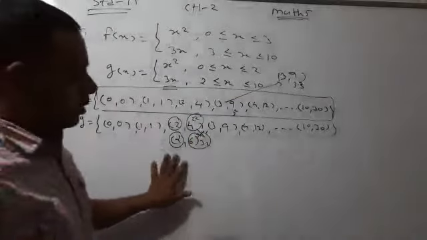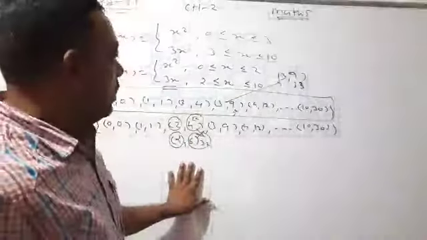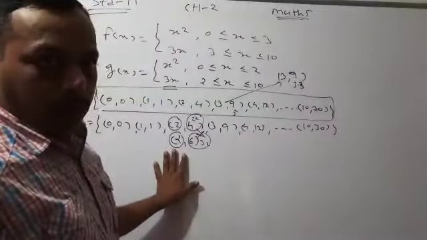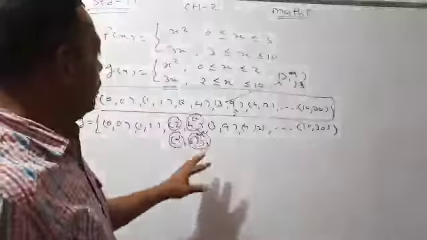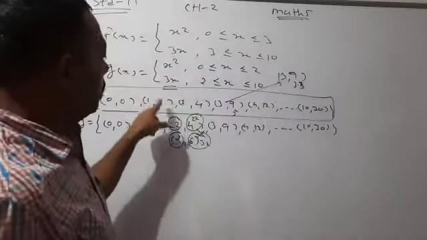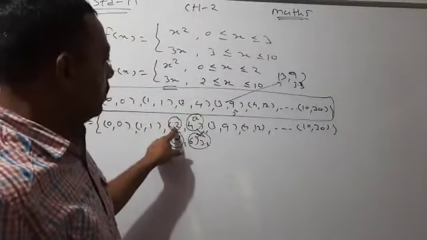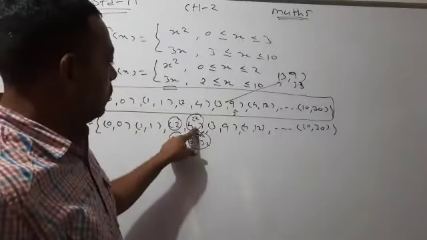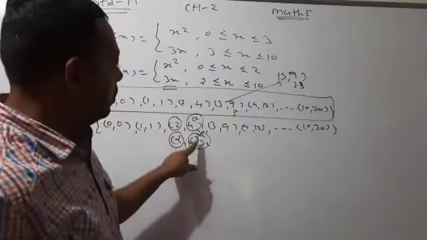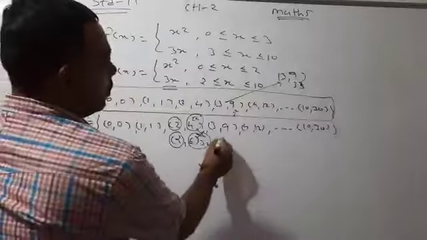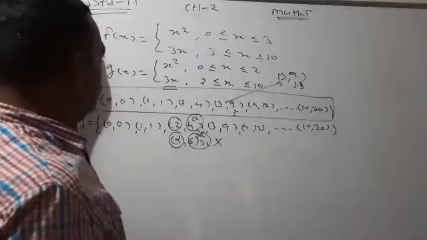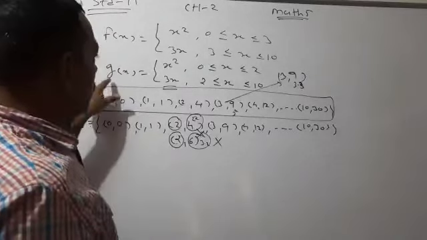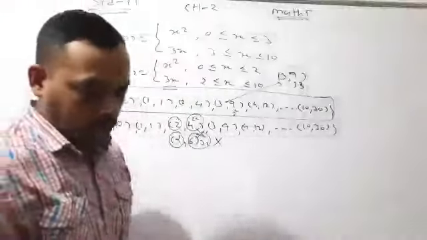Hence this is not a function, because the definition of a function is that we always get a unique pair. Unique ordered pair means one question, one answer. Here for one question 2, the answer is 4, and for the same question 2, another answer is 6. So uniqueness is not satisfied. Hence in question 1, f is a function but g is not a function.